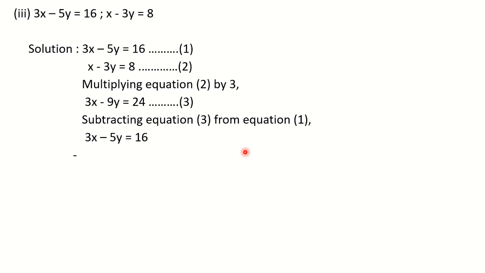Then equation 3. Then we change the sign of each and every term here. When we subtract, we change the sign of every term of the second equation. So see here, plus has become minus, minus has become plus, and plus has become minus. So don't forget to change the sign. I told you that even if you don't write it, it is okay. But while subtracting, you should consider the changed signs. To be more accurate, if you write it here, it is better for you.